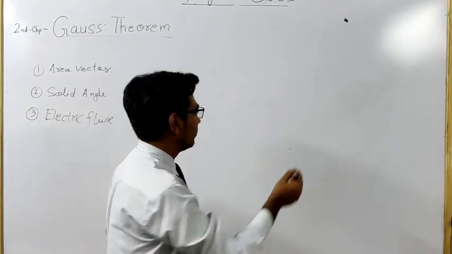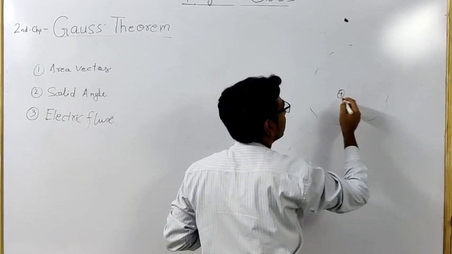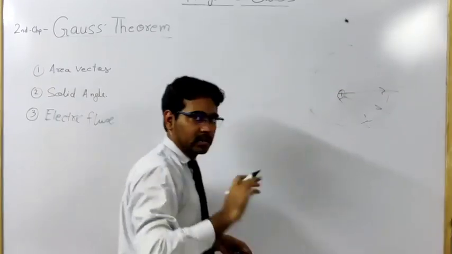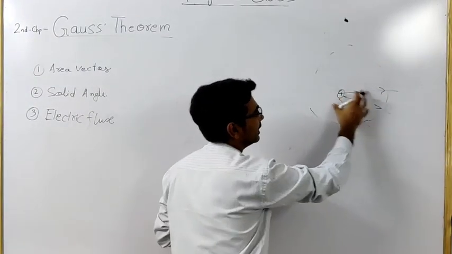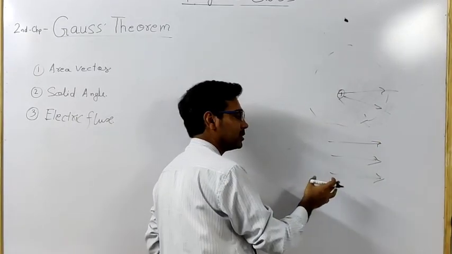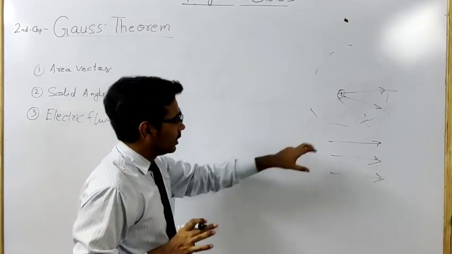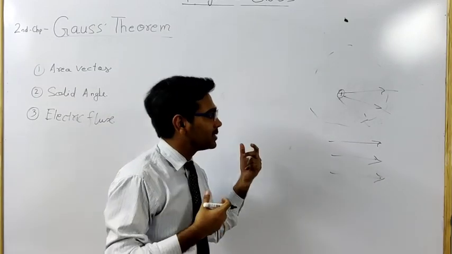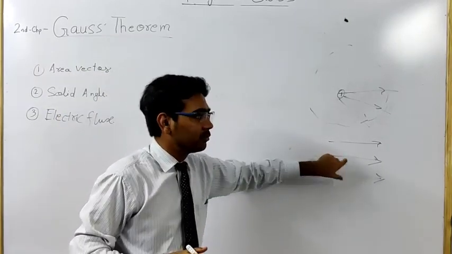Electric field: you know that if we have a plus charge, it will create a space around it which will consist of electric lines of forces. Previously in Coulomb's law you have discussed that electric lines of forces could be radially outward, could be parallel. So these lines of forces, we use them to represent the electric field. These lines are not the electric field, these are the way of representing the electric field. So electric flux is the property of this field.